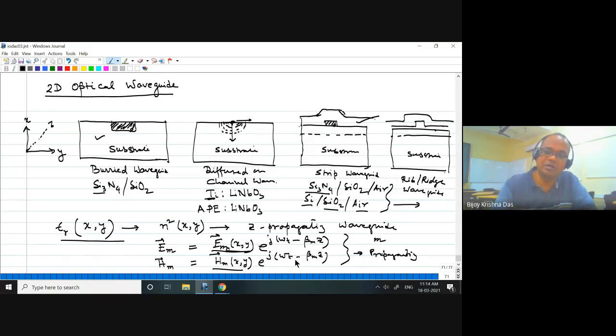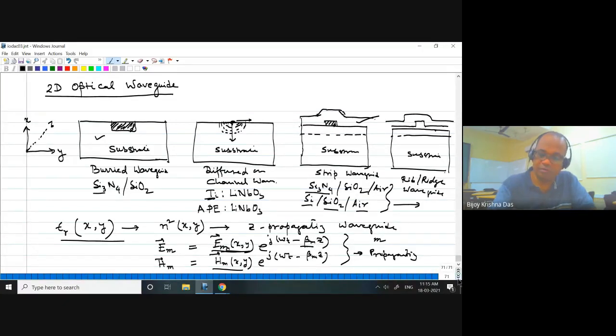Only the time variations and length variations change. So it is clear that this is a vector, and we need to find out which vector components exist, how many components there will be, and what the profile would be. At the same time, for that particular profile, what is the value of beta m for a given omega. The omega-beta relationship is important for us. So any question till this point? You accept that the solution for the mth mode must be in this form. We need to find that solution.